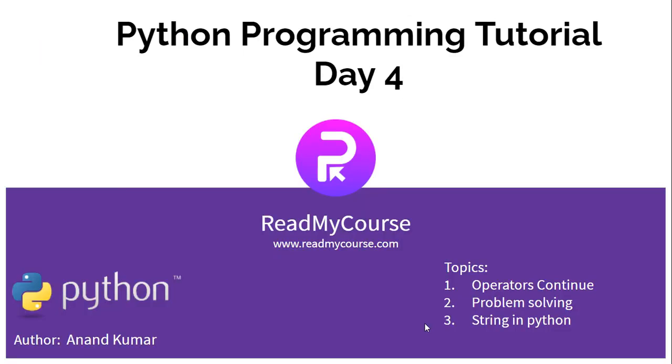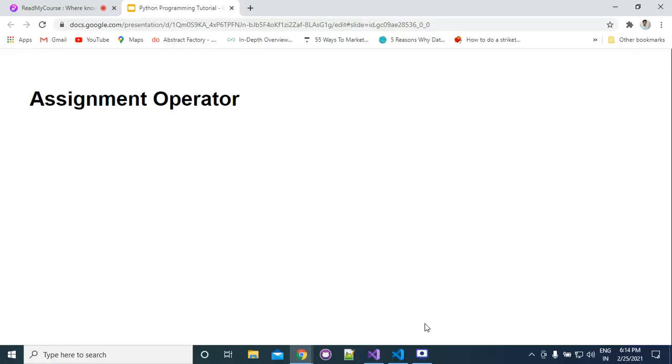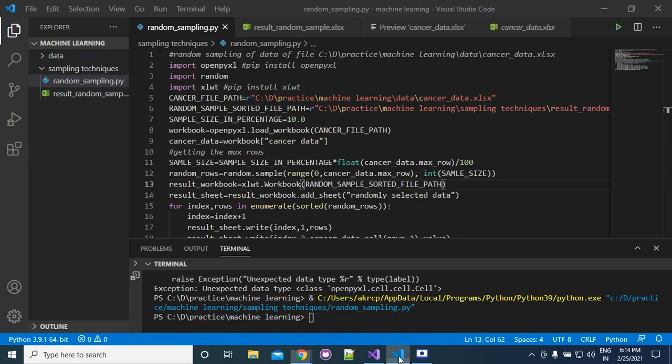As the first topic is operators, we have gone through arithmetic operators and comparison operators. Next is the assignment operator. Before going to the assignment operator, I just want to give you some examples of comparison operators.